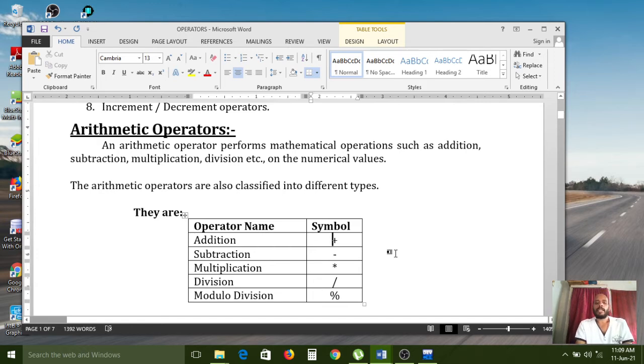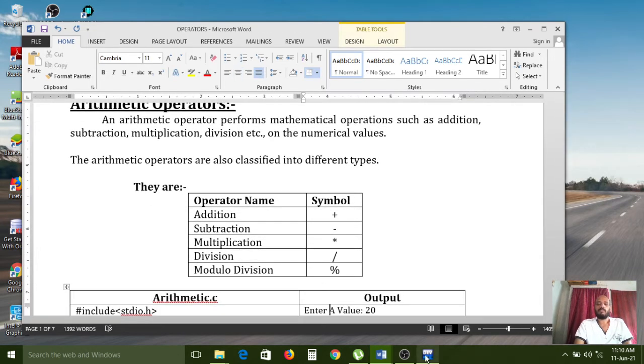Minus is called subtraction. For multiplication, the star symbol we can use. For division, the forward slash symbol we can use. For modulo division, the percent operator we have to use.